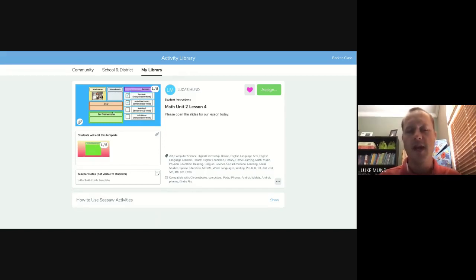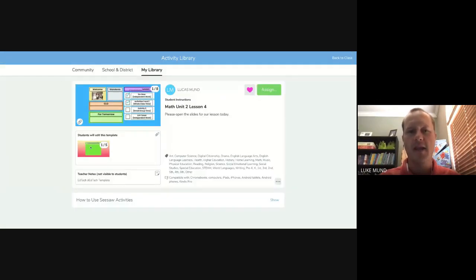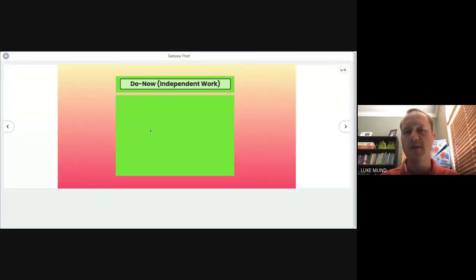So as I come in and look at my teacher example here, I have my do now. I want to do that do now with my students, and so I have it in both spots. So I can draw on my do now. Maybe I want to model, how am I feeling today? And I'm going to draw a horse because I'm feeling fast today or something like that. And then I want my students to do the same on theirs.